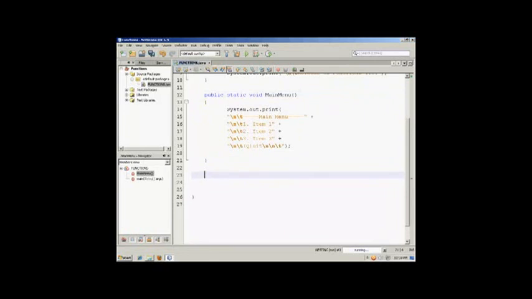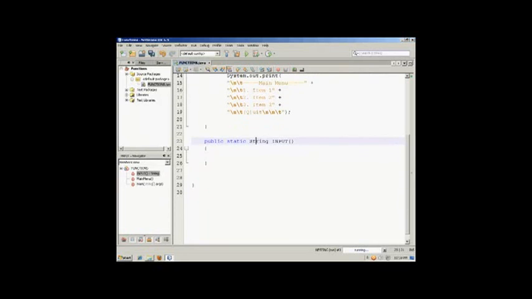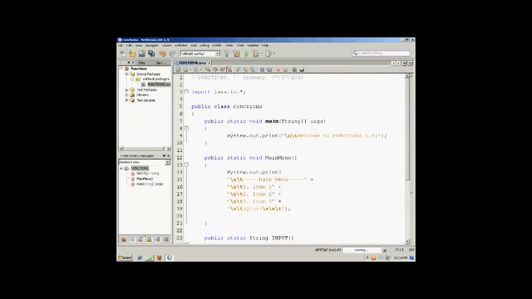I'm going to add just a third function, a helper function. And this function, as a matter of fact, instead of having no return type, I'm going to return a string. And we'll just call it the input function. Okay, and it doesn't take any arguments, no parameters, but what I want to do is create for myself